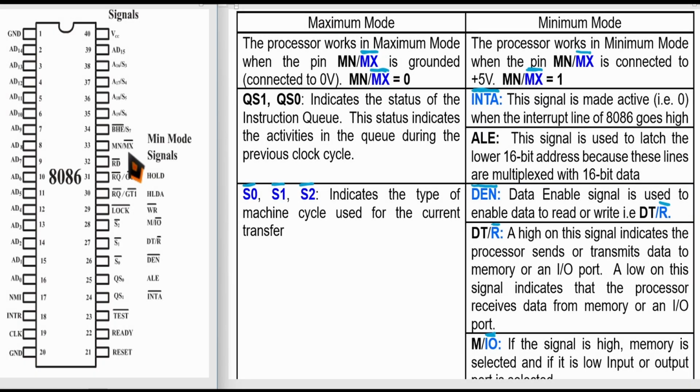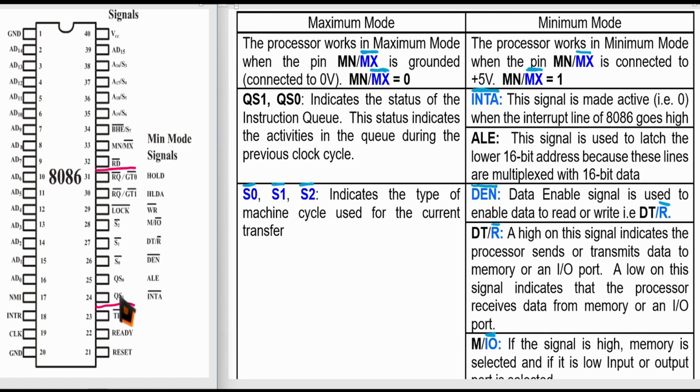The first difference between minimum mode and maximum mode is that for minimum mode, this pin 33 should be connected to high, that means plus 5 volt. For maximum mode operation, this pin should be grounded, that means it should be connected to 0 volt. The minimum mode signals and maximum mode signals are different for these pins, that is pin number 24 to 31. In the maximum mode, pin number 24 will act as QS1 and in minimum mode it will act as interrupt